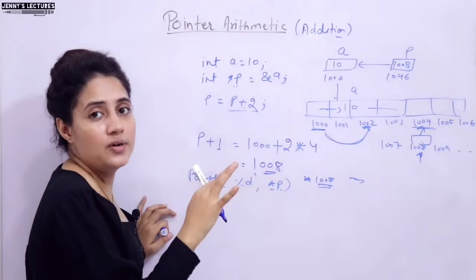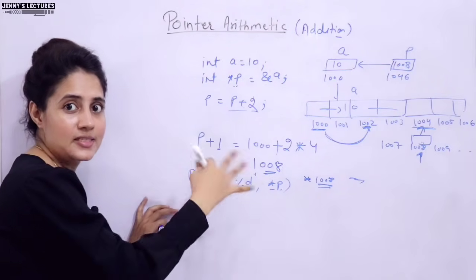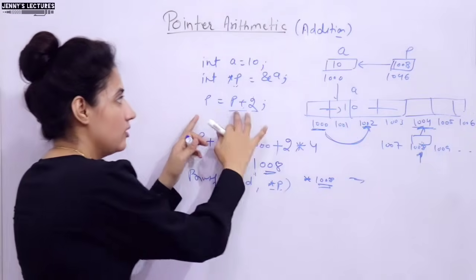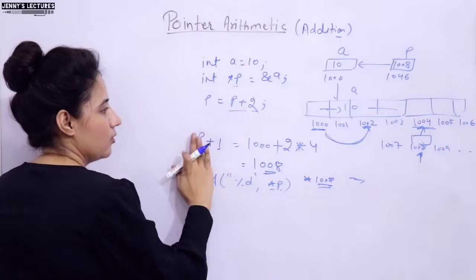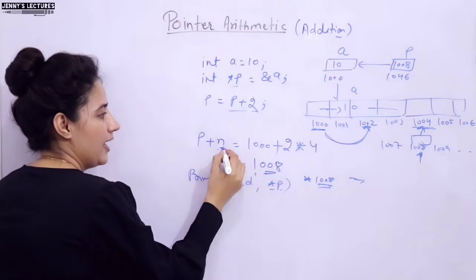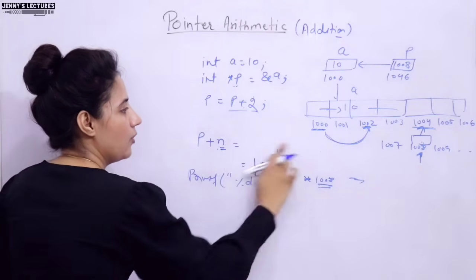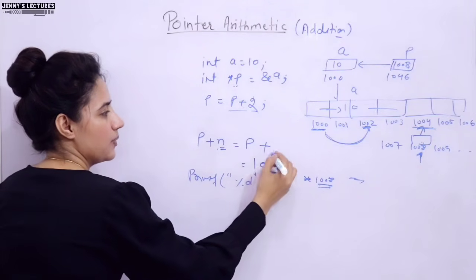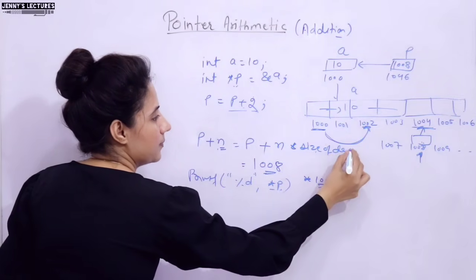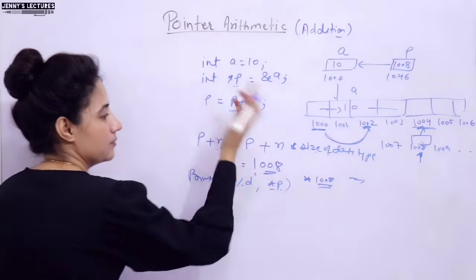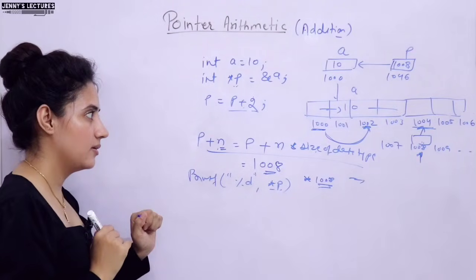So there is no need to add any integer value when we deal only with variables. It would be useful when we deal with an array, right? So now let me take one complex example. In that we will take an array. I hope you got the logic of how you will add an integer value in this case. So in general, if you add any integer n in p, the formula would be p, whatever the address, plus n into size of data type. That's it. This would be the formula, right? This is how you will add, right?